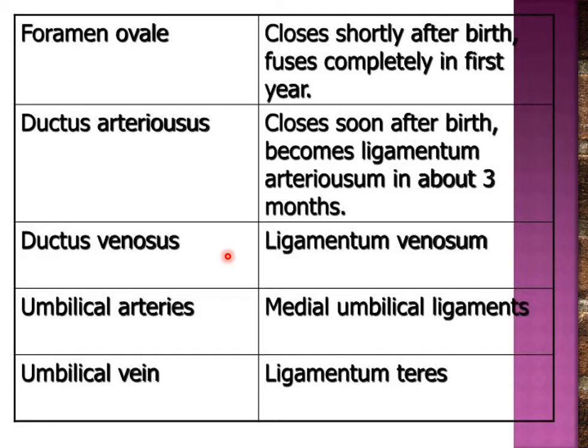Also there is decrease, and actually no flow from the placenta, no blood flow from the placental side. So decrease in the blood flow from the placenta is regressing the ductus venosus and umbilical vein as well as the umbilical arteries. The ductus venosus becomes ligamentum venosum because of the contraction of the muscle in the valve in its tunica media. So this is going to become the ligamentum venosum, and the umbilical vein is represented as ligamentum teres hepatis.